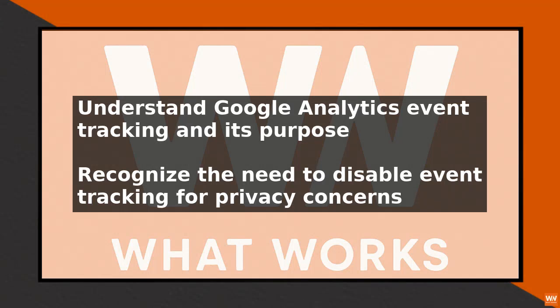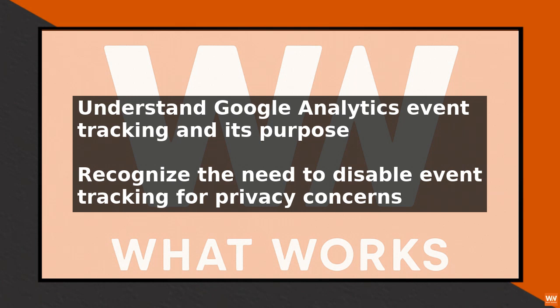To disable Google Analytics event tracking, follow these steps. First, understand what Google Analytics event tracking is. It is a feature that allows website owners to track specific interactions on their website, such as button clicks or form submissions. Disabling this feature may be necessary for various reasons, including user privacy concerns or to prevent unnecessary data